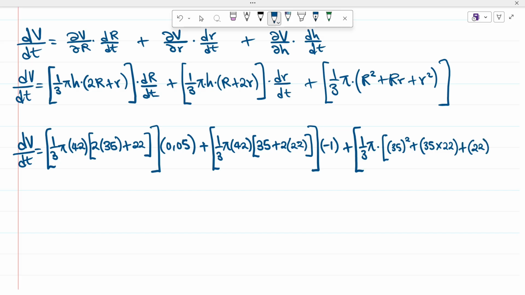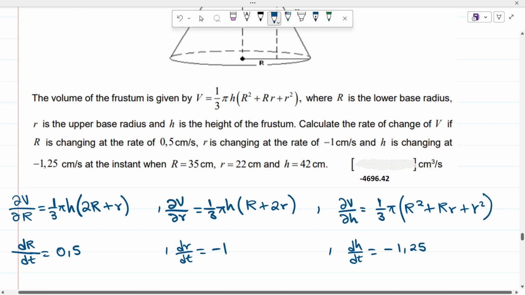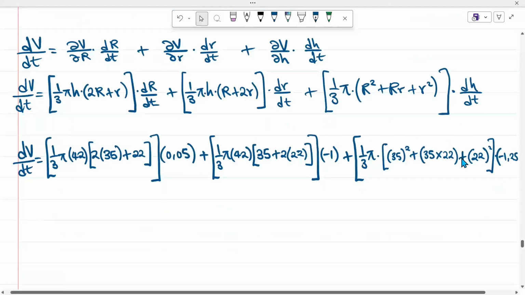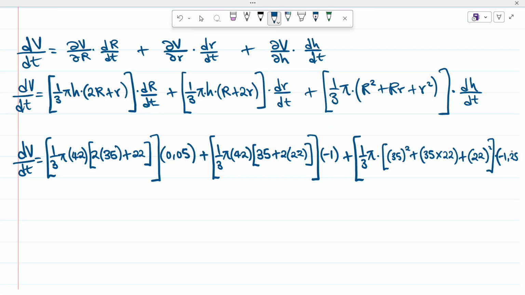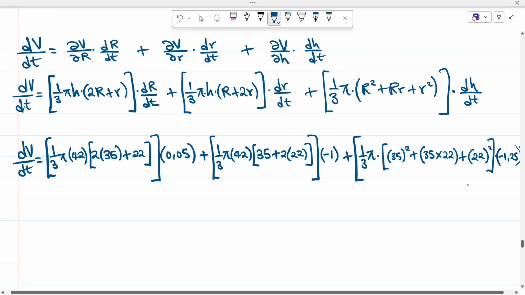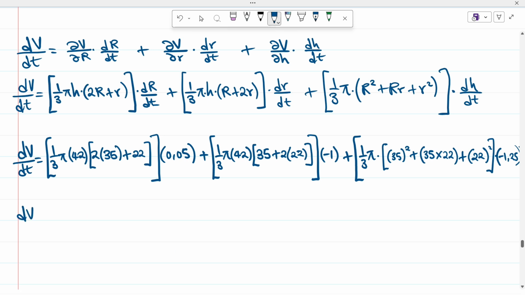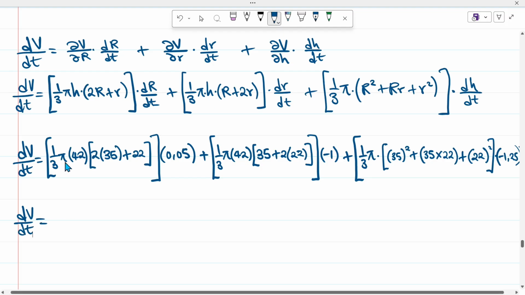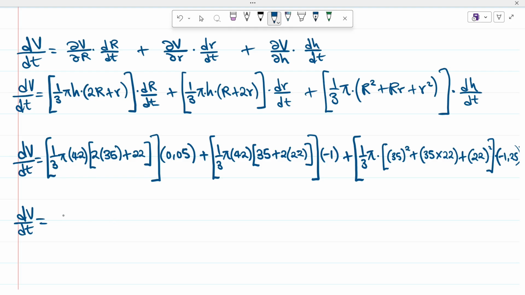plus 22 squared, and then we multiply it by, okay, here we should multiply by the rate at which h changes with time. So the rate at which h changes with time, they say it's -1.25, just like that. So now we can find our rate at which volume changes with time. So when you press each term on your calculator, you should be able to get something like